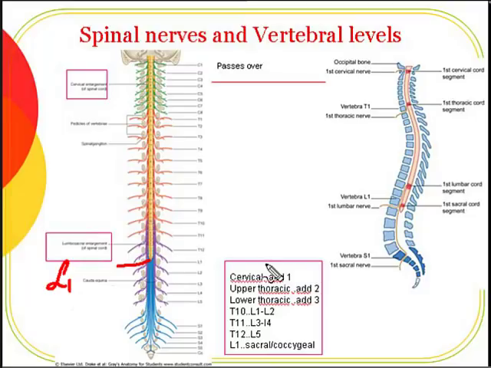So for cervical, you add 1. If cervical vertebrae, you add 1. Upper thoracic vertebrae, you add 2. Lower thoracic, you add 3. And just to explain how this is done,